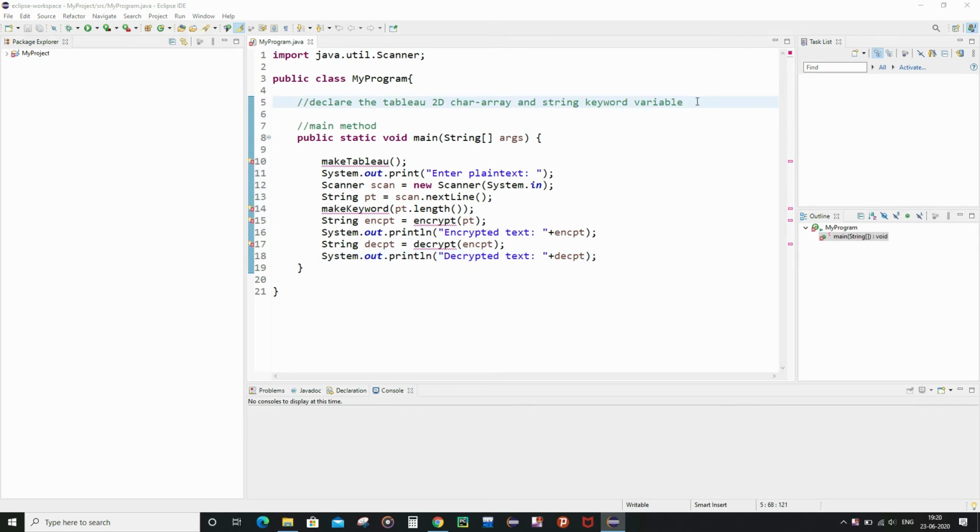Now I am going to declare the 2-dimensional character array called tableau and the string variable, that is keyword.